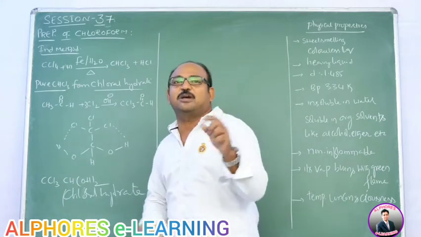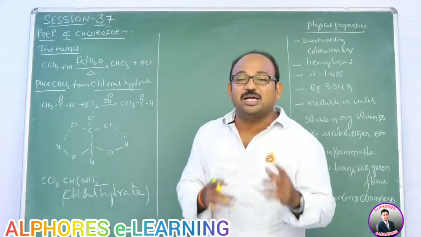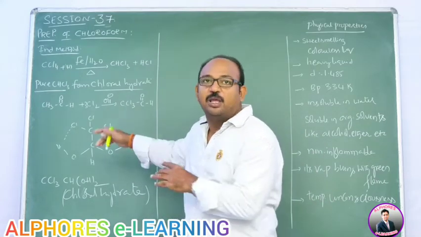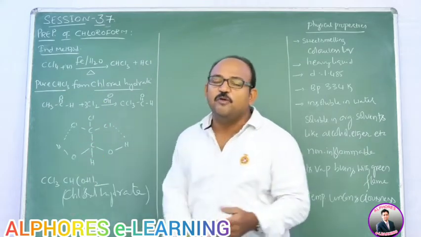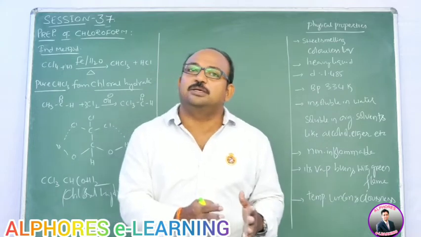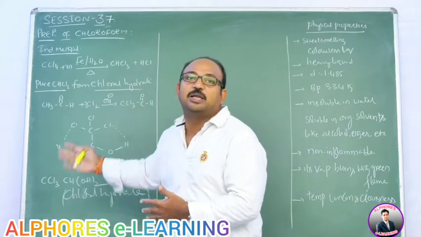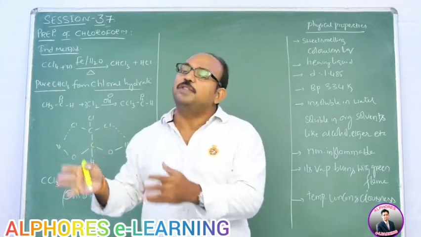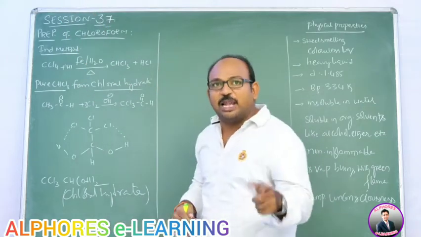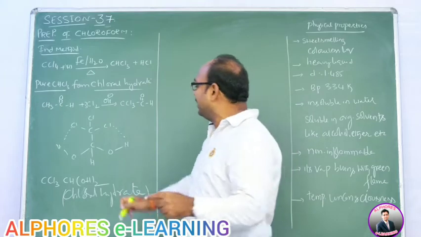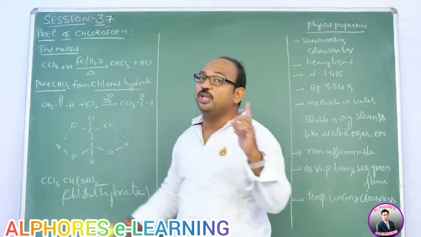So because of presence of this hydrogen bonding, chloral hydrate is stable. As we discussed that, because of presence of strong electron withdrawing groups like C double bond O group or CF3 group or CCl3 group, whenever such groups are present with respect to the OH containing carbon, at the beta carbon or adjacent carbon, but not somewhere else. If that CF3 or CCl3 group is somewhere in the carbon chain, that's not the criteria. That electron withdrawing group must be present at the beta carbon, right? So here this is the beta carbon and it should be attached to 3 chlorine atoms.